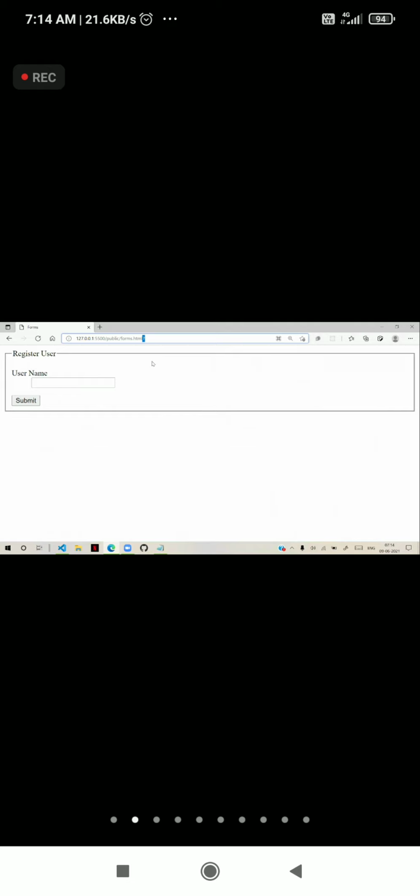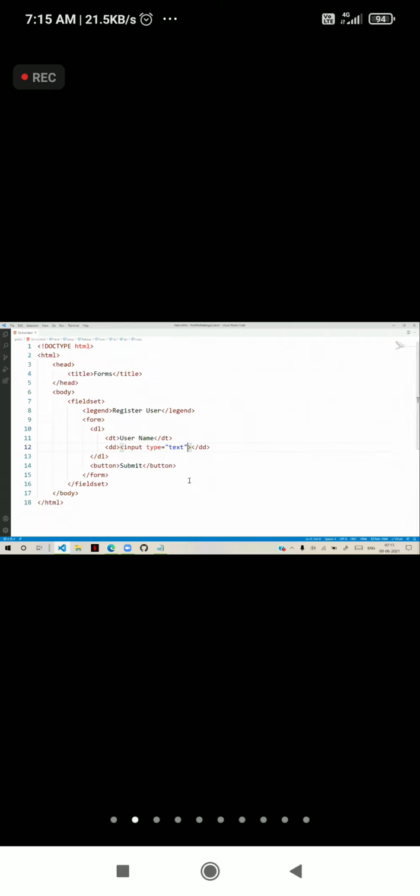The query string is empty. That means the form cannot submit the value of any element if it does not have a name. So it's mandatory that it should have a name. So I will give the name as username. That is the name we defined.